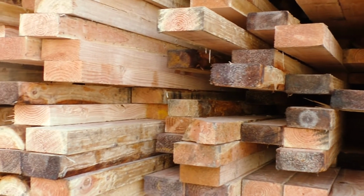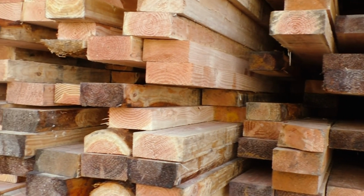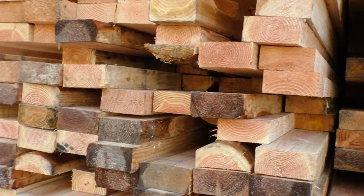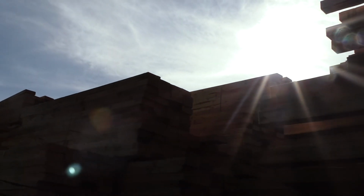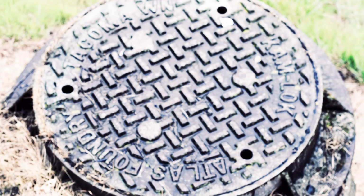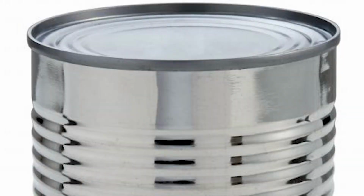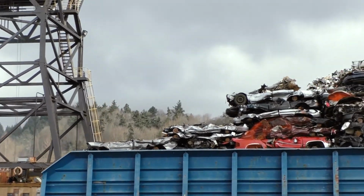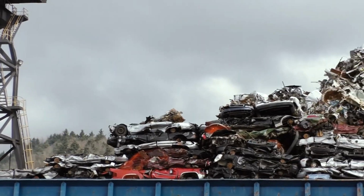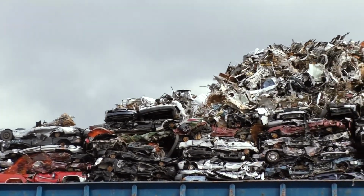That which is manufactured on and shipped through the flats is in constant flux, changing as the world's needs change. Timber has been used to build cities and ships, and steel became an important commodity for the same construction. And products we see every day, manhole covers, screws, butcher paper, aluminum cans, automobiles, are all pieces of the Tideflat story. From a single vantage, it is possible to see the birth and death of an everyday Kia, crushed, compacted,